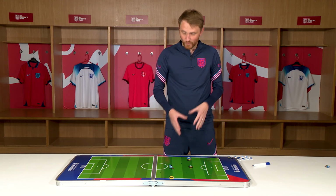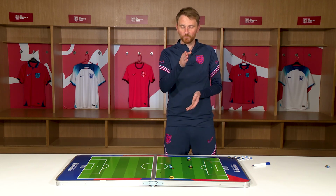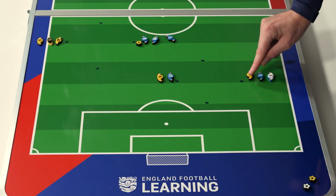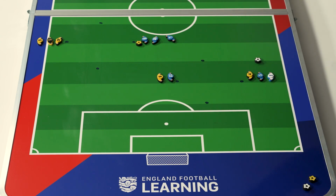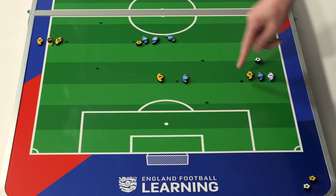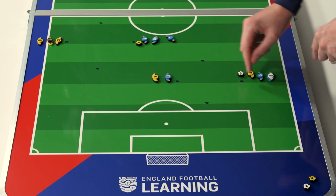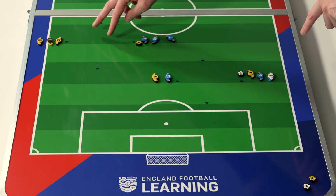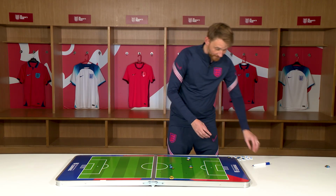I see this as we've got our activation game here where they've played without a ball and they're just learning about basing their movement. So the defending side are looking at the attacker, they're waiting for that trigger of them making the move so they can enter the game as well. We've then added a ball where they're now playing either 1v1s or 2v2s. And then beyond that, I then build it up to 3v3s,